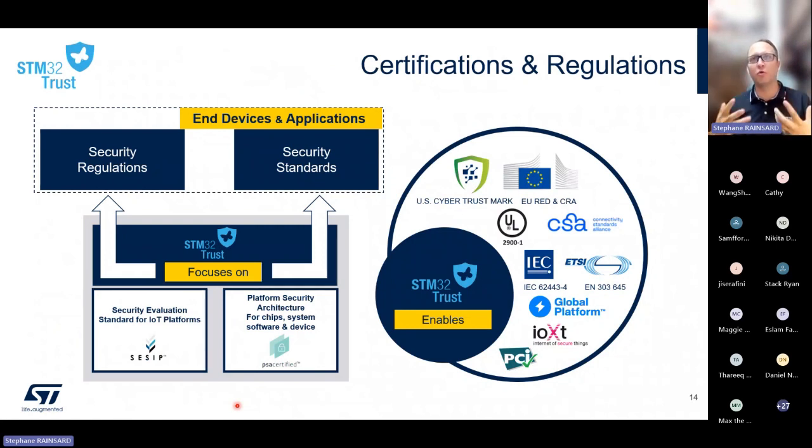We are also putting some effort on security. Security is becoming more and more important. There are more and more certifications, more and more regulations that our customers need to pay attention to. If we talk about Matter, there is the Connectivity Standards Alliance. If we talk about Europe, there are the RED and the CRA regulations that are coming into play very soon, and other regulations, some standards as well, like the 62443. Then we built a framework which is STM32 Trust. So if you go on st.com and look for STM32 Trust, you're going to find it, and that is going to enable you on that. We are focusing on PSA